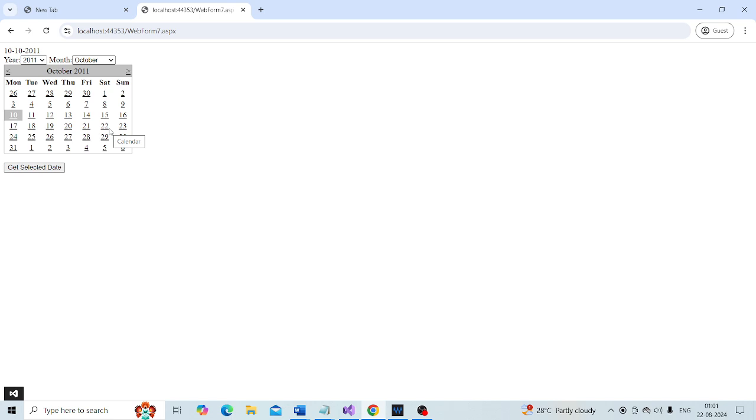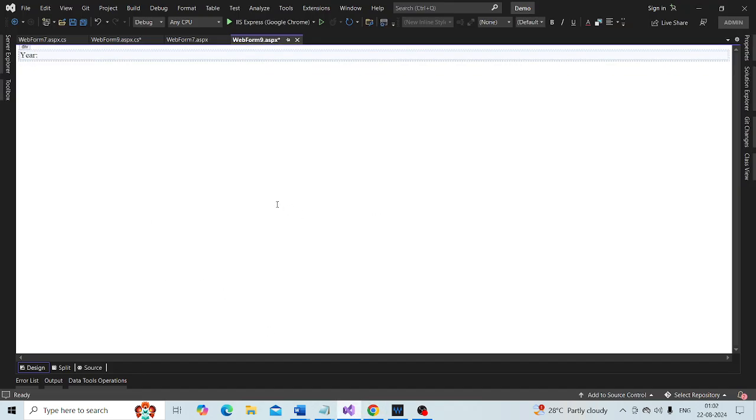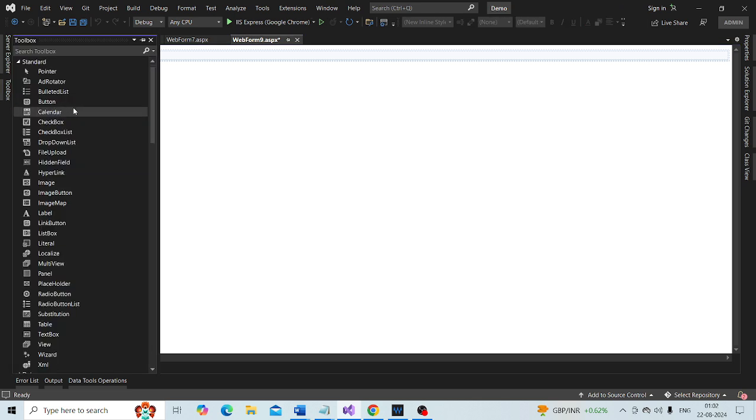Obviously I need a drop down list control to display here. So go to Visual Studio first. I am going to have this text box here, and then drag and drop a drop down list control.